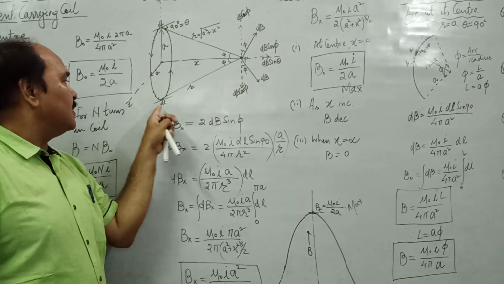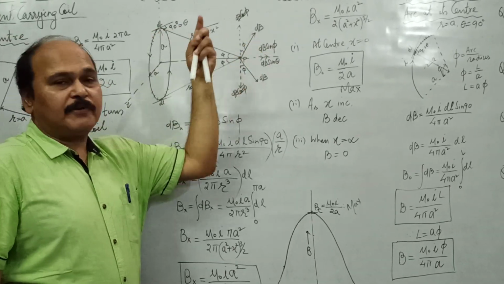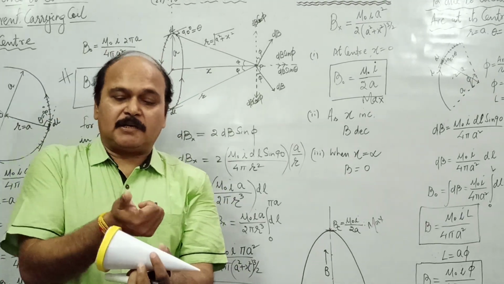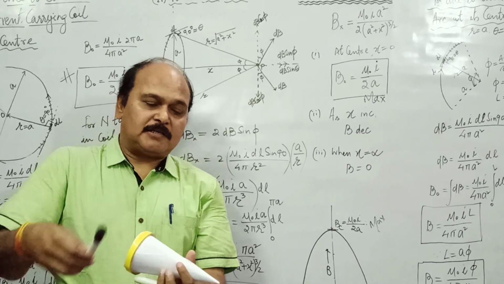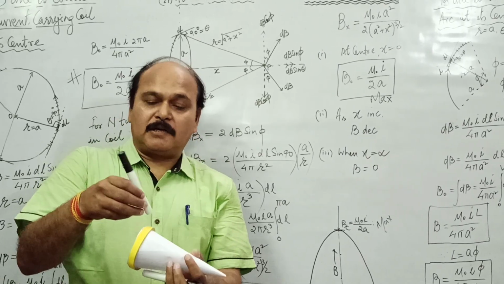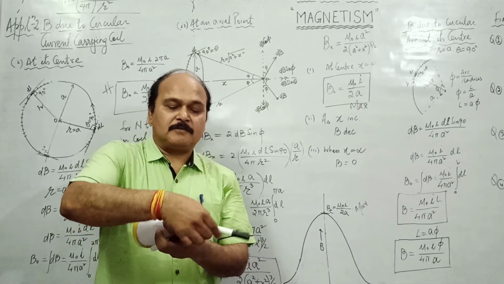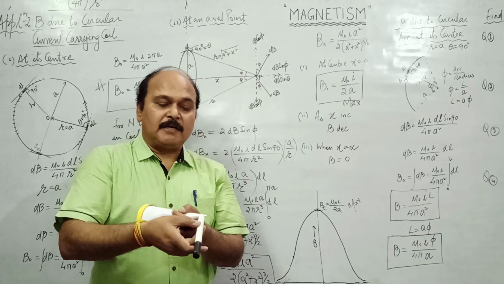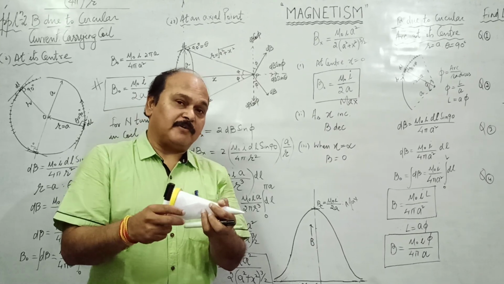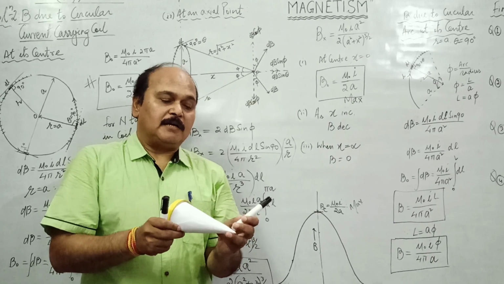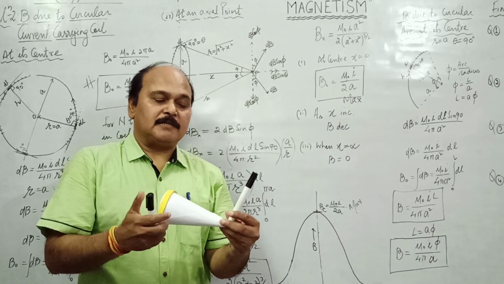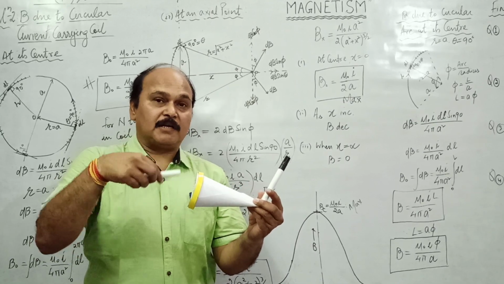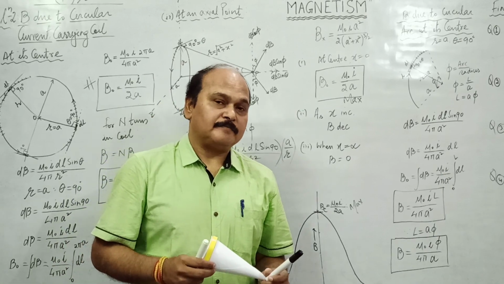So every current carrying element will have magnetic field in a different direction. This current carrying element has magnetic field in this direction; similarly, the other current carrying elements will have magnetic field in different directions. The direction of magnetic field here would be perpendicular to this incline, and the perpendicular to the incline at each and every point over this right circular cone would be different. Here it is like this, here it would be like this. So because of every current carrying element, the direction of dB would be different.